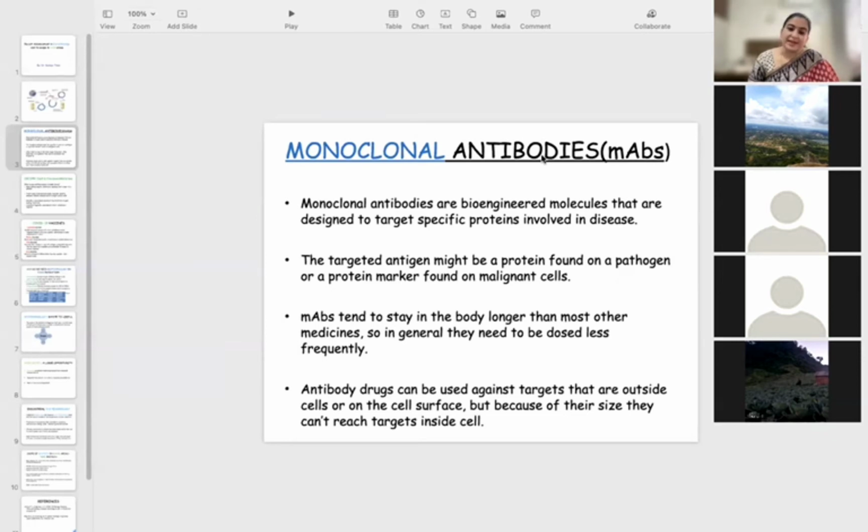So first we'll talk about monoclonal antibodies. I think you must know that antibodies are produced inside our body, because they are weapons produced inside our body against pathogens. A pathogen is a disease causing organism. They also act against any antigen, or against malignant cells, which are normal cells that have been transformed into malignant cells because of maybe a mutation or exposure to some radiations.